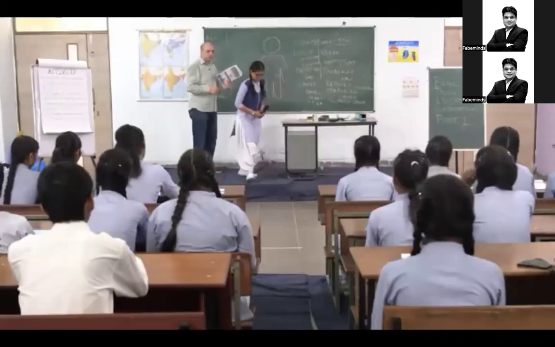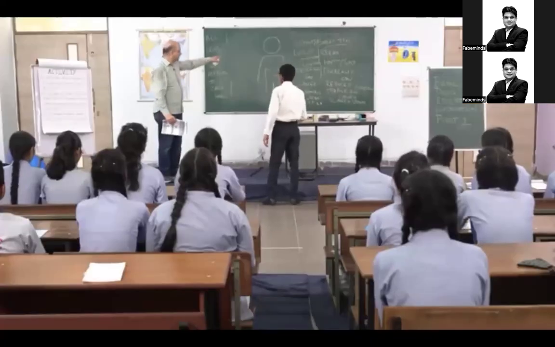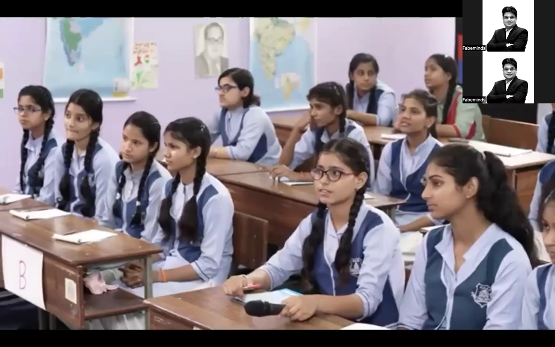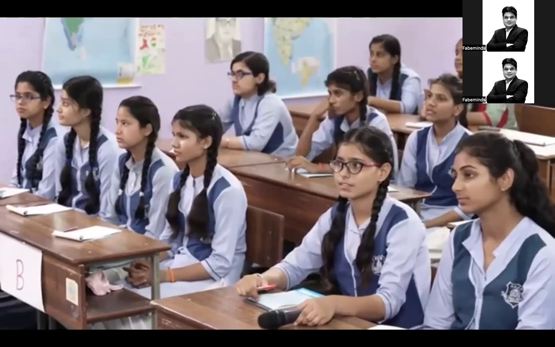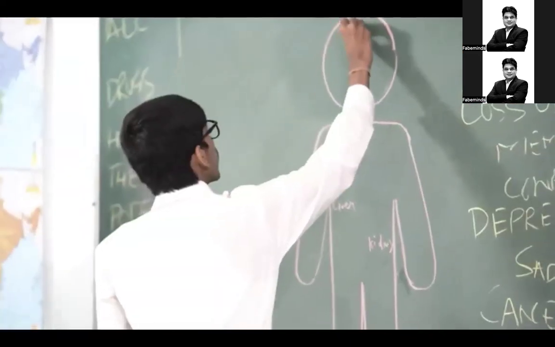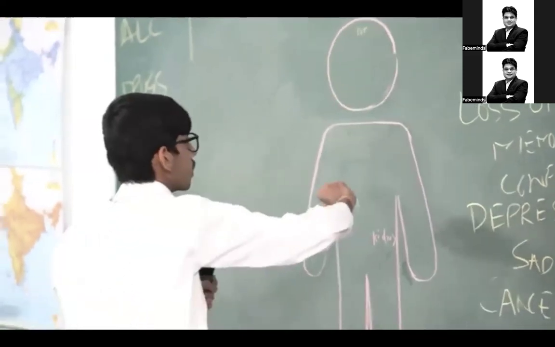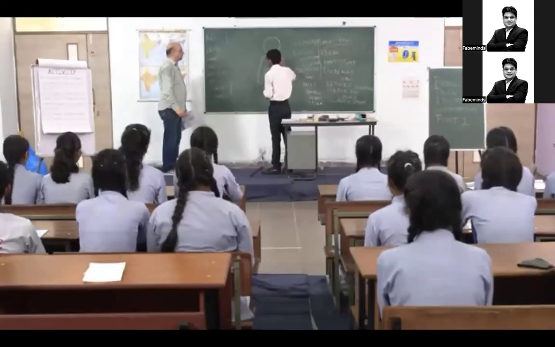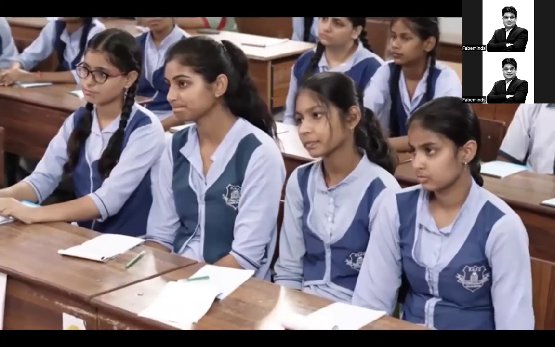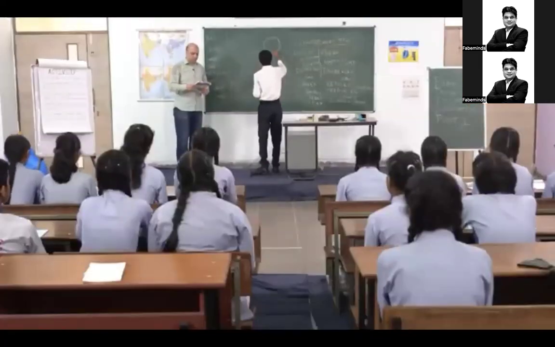Liver, okay. Anybody else would like to come? She spoke of liver. Anything else? You can name the organ and just indicate it. You don't have to write it. First of all, it's the brain itself. Brain. You don't have to write it, no problem. Okay, just brain, and arteries and veins. Which other part can be affected? Mouth, yes.